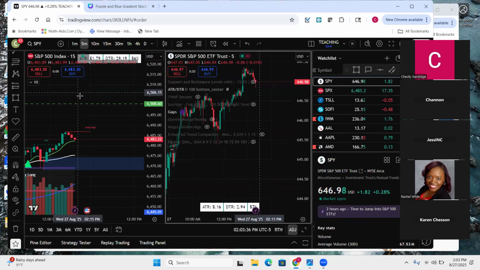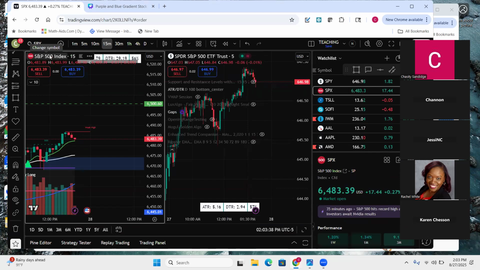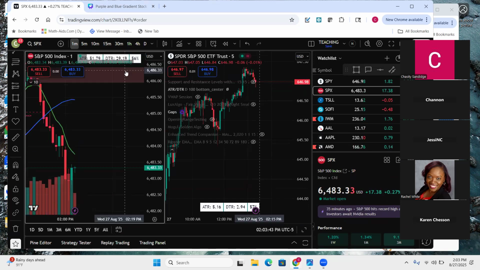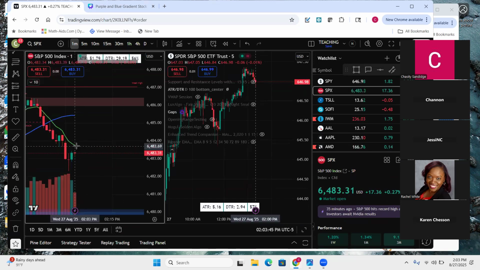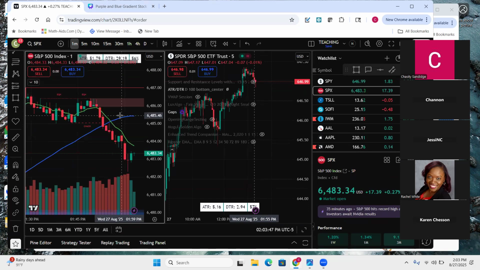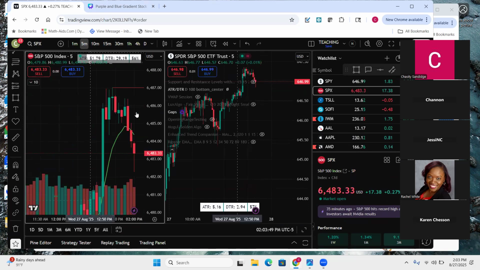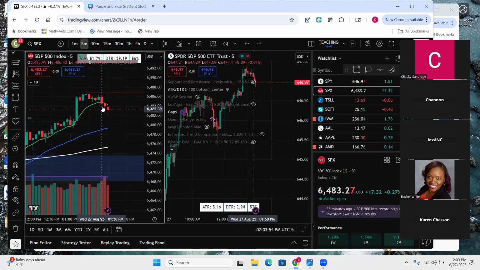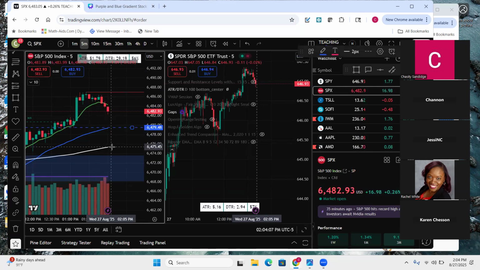I like to look at the SPX on the 1 minute. It just lets you see the reversals a little bit faster and be able to get out because it's moving so fast. So when I'm trading it, I'll go to the higher time frame to look at the setup here. So I know this is gonna be my target for an exit. Why didn't it print? Okay, so right here,